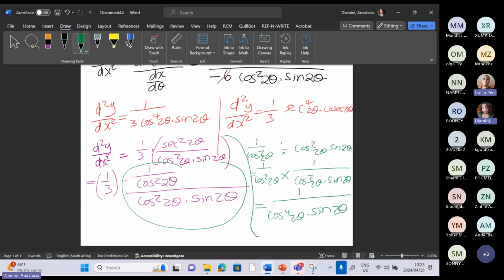Then we still have the 1/3 there that is outside the bracket. Okay, 1 over 3 times that, isn't it? So that will be